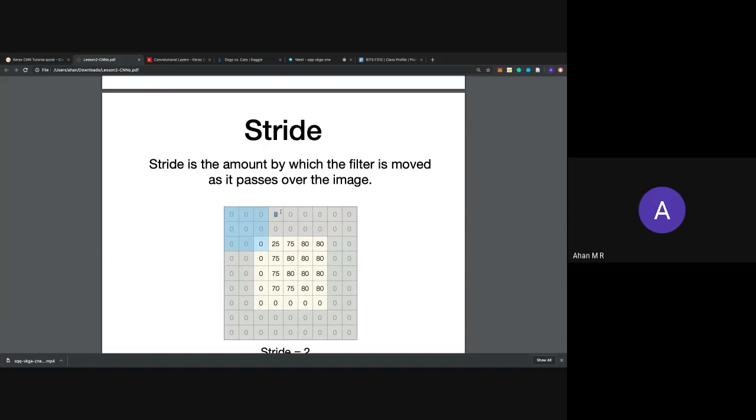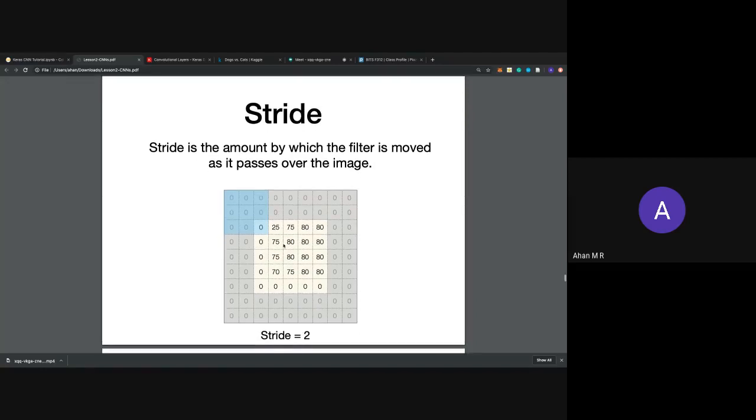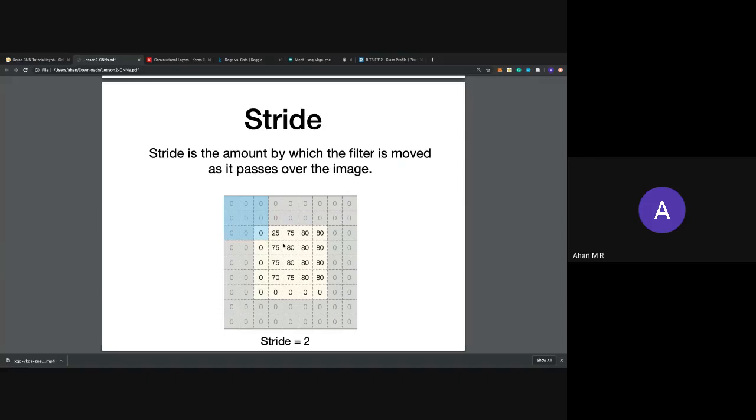This factor where you divide by S is important because it reduces the number of big operations. If your stride is 2, your image is actually becoming half of the original one, and if your stride is 3, it's becoming one third of the original one. So stride is an important number. By default, it'll have a stride of 1. You can always change it in Keras and TensorFlow, whichever framework you use.